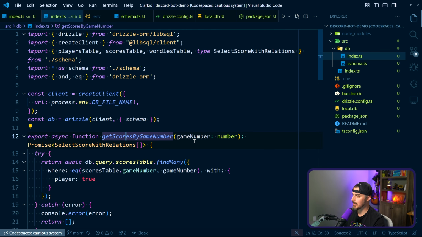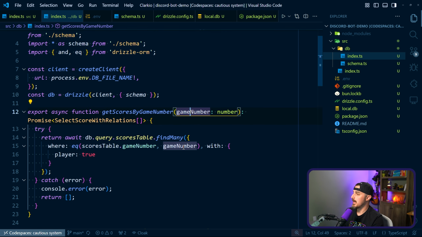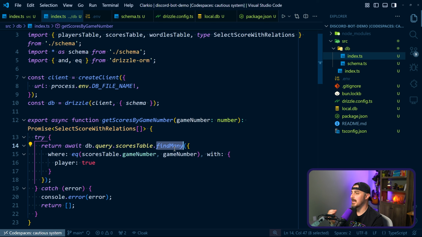Get scores by game number. We receive the game number for the Wordle that we want to search for. And then we're going to use the database query scores table. This is coming from the schema again, scores table. We're going to say find many. We want to find any that have that game number, where scores table game number equals the game number we